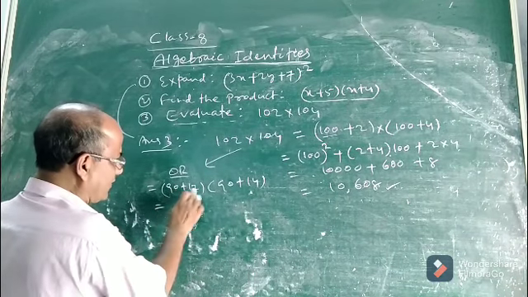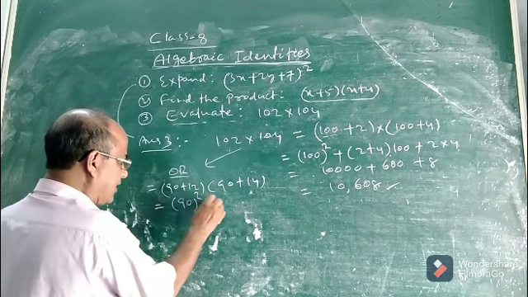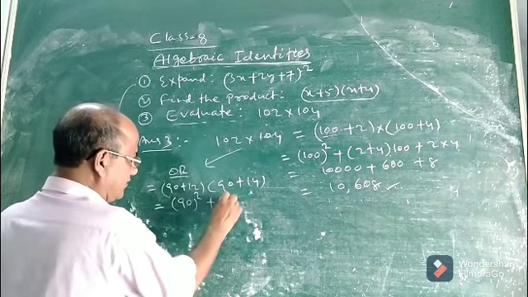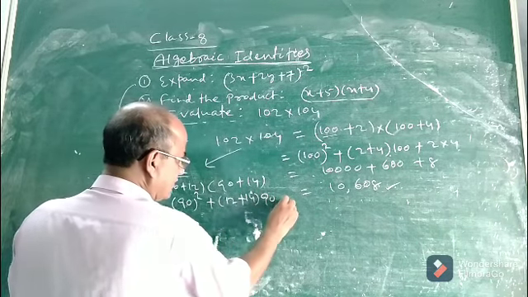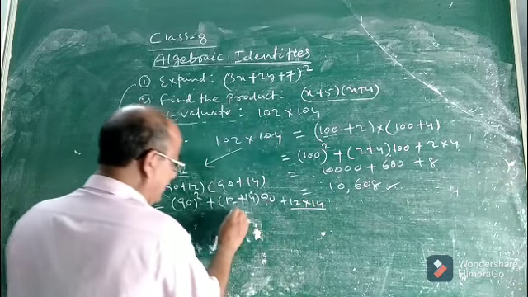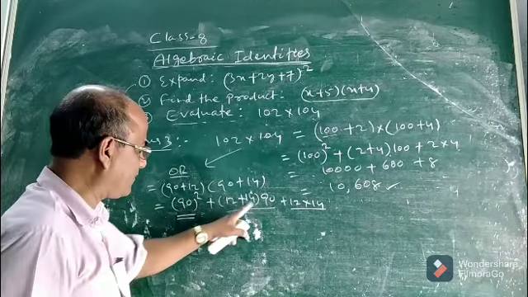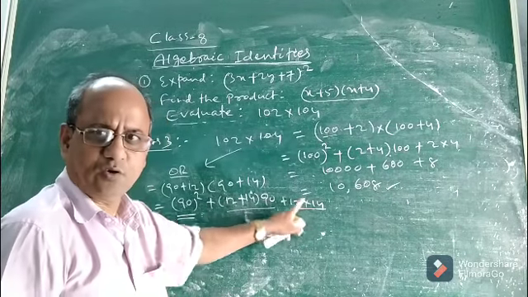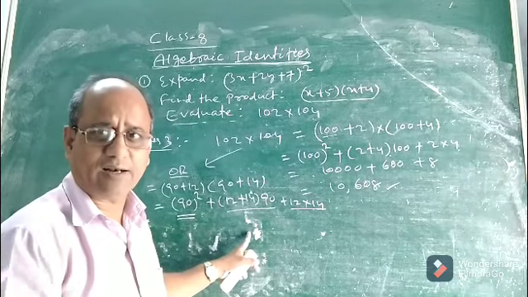What is the formula? (x plus a) into (x plus b). So x square means the square of 90, plus (a plus b), it is 12 plus 14, into 90, plus 12 into 14. Okay, a into b, (a plus b) into x, this is x square: x square plus (a plus b) into x plus a into b. Okay children, this way what will be the problem? The calculation will become a little lengthy.